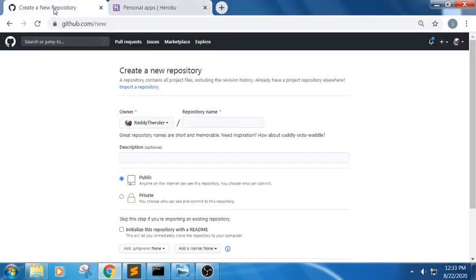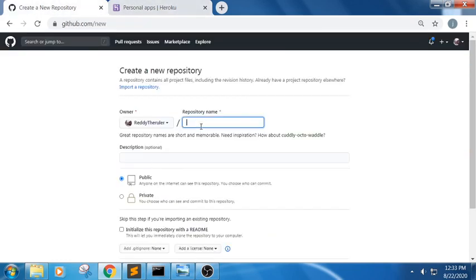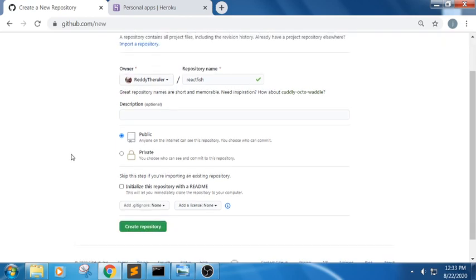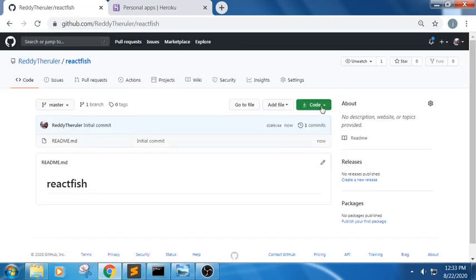Now, first file is here, second file is here. Now we are trying to make sure the file will be uploaded. I am trying to write the file name as React Food. Already it is there. Already I have done this project. React Fish. So in this React Fish, I am trying to initialize create React app. This tutorial has been uploaded long back. You can just go through it.